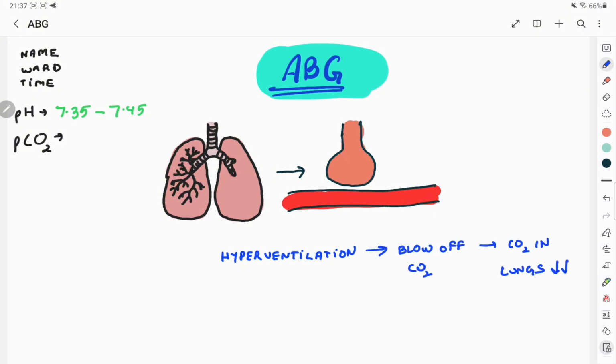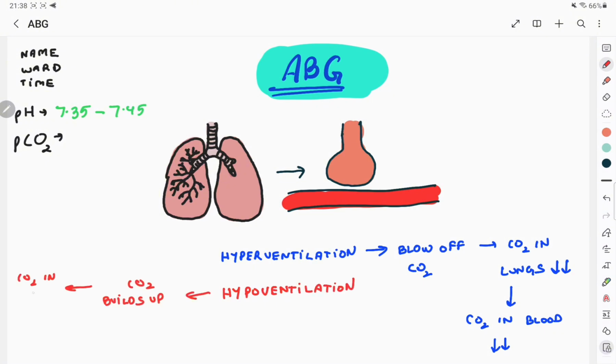The partial pressure of carbon dioxide in the lungs drops, and as a result, the partial pressure of carbon dioxide in blood decreases. On the flip side, if we slow down our breathing or hypoventilate, that carbon dioxide builds up, the pressure rises, and the partial pressure of carbon dioxide in the blood goes up. To put this into practice, we need to know the baseline. The normal range for partial pressure of carbon dioxide is 5 to 5.5 kilopascals, which is about 35 to 45